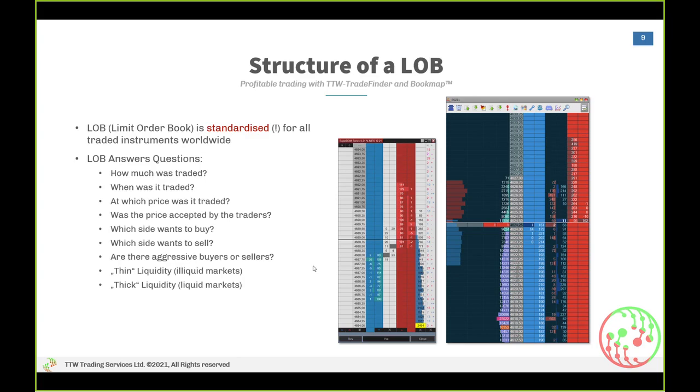We always have the same answer, which we have tried to give this week: we need to find the sweet spots, where our risk-reward ratio is the best. That's what we are looking for in this trading. And the structure of the limit order book is standardized. Therefore, you should understand liquidity as the resting liquidity on ask and the resting liquidity on bid, and in between these are aggressors.